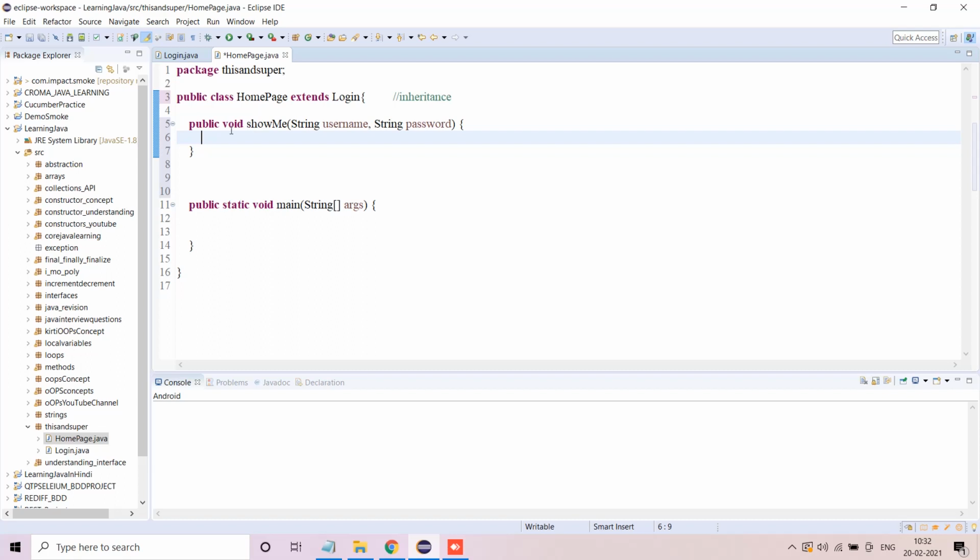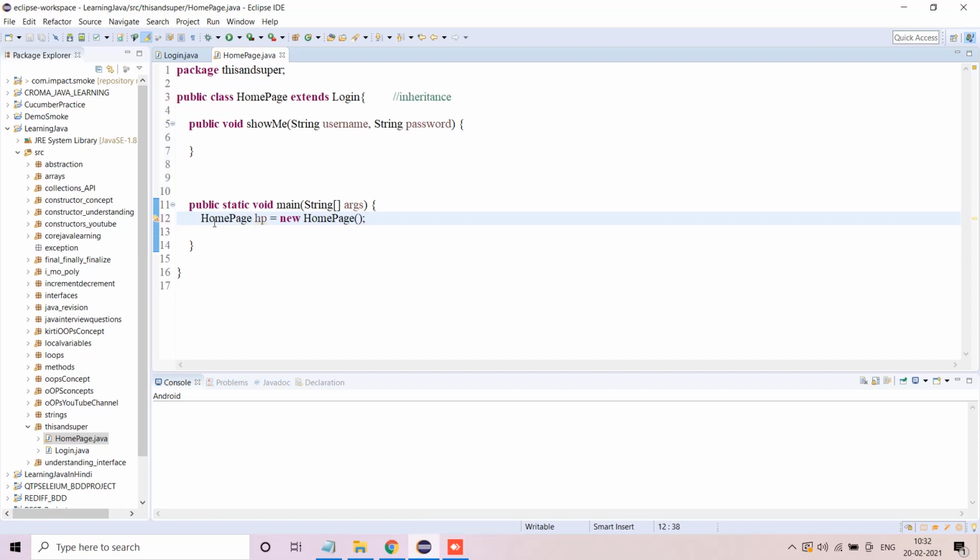This is absolutely okay. Now what I'm going to do is I'm going to create the object of this class here inside the main method. Object of this class is also created.